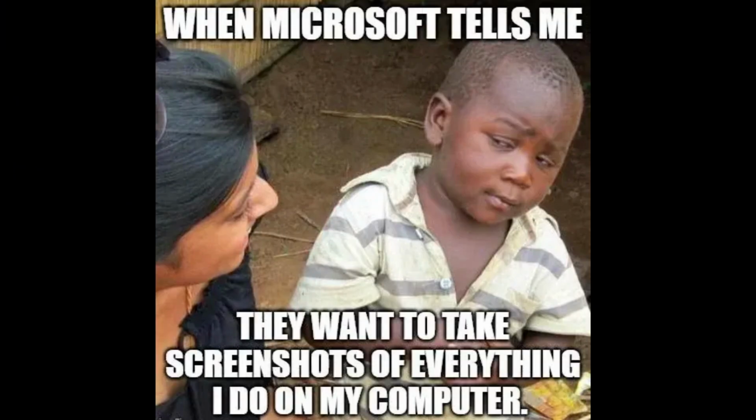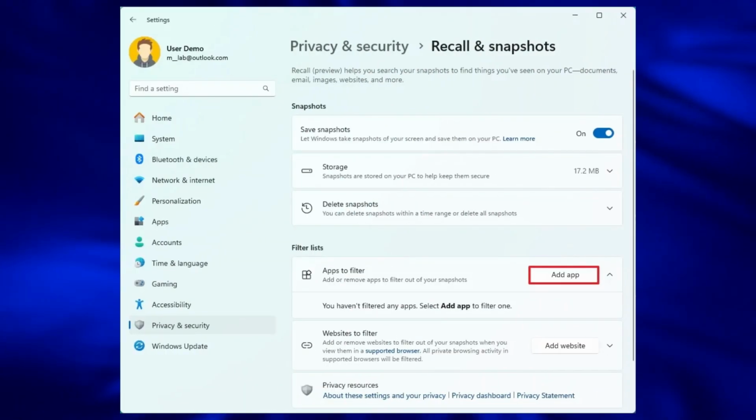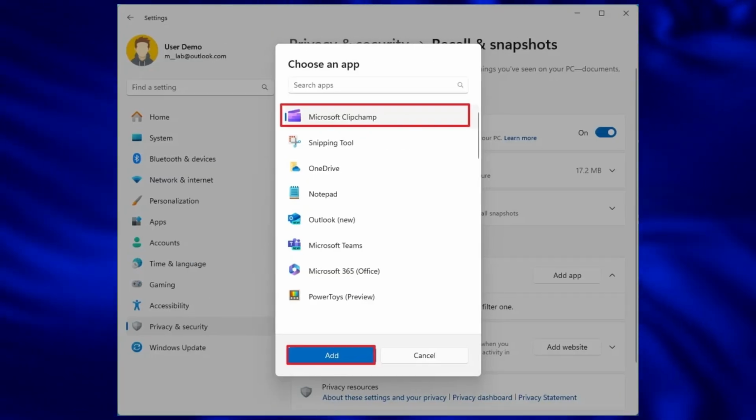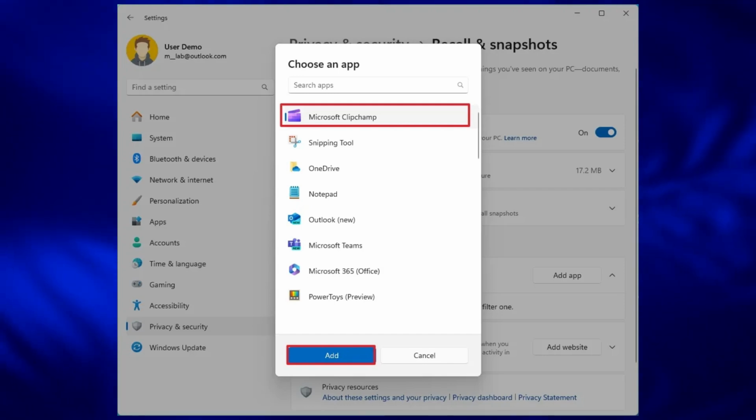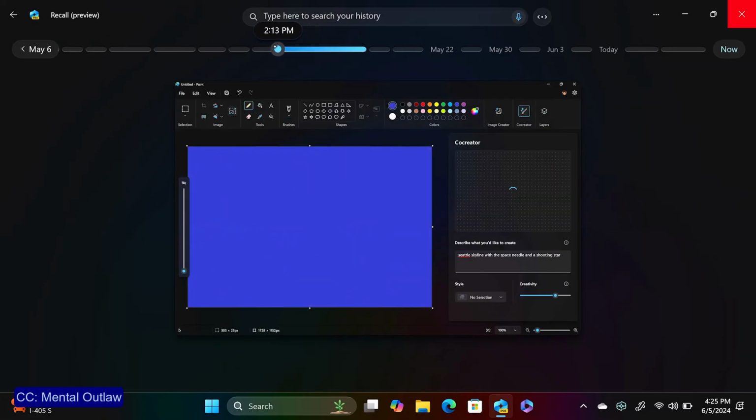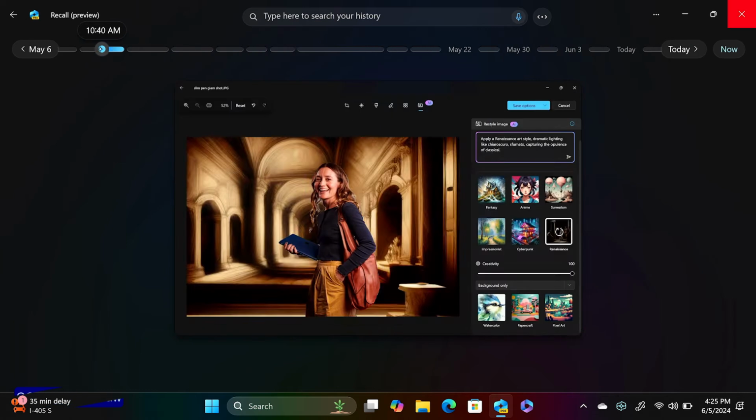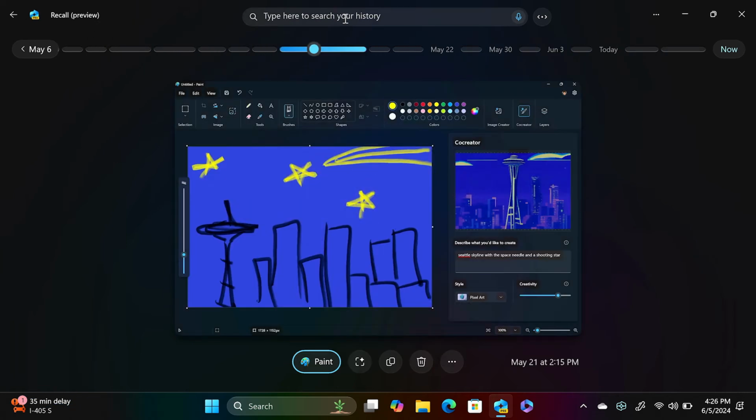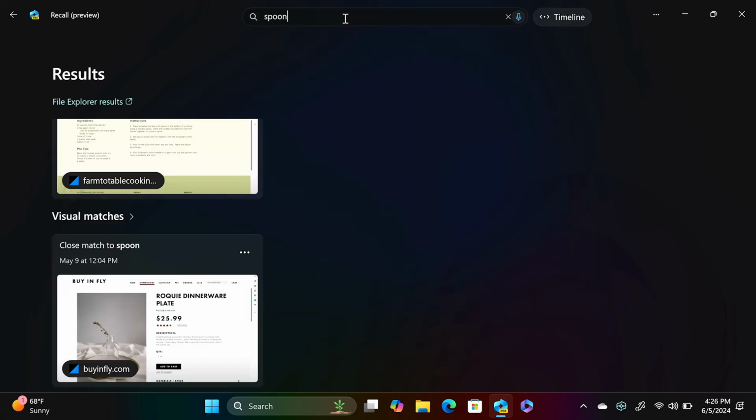For one, Recall still takes screenshots of everything, unless you go in and exclude certain apps or websites manually. That means it can still scoop up confidential work documents, private messages, or things you just didn't intend to store. And while Microsoft has improved filtering out sensitive content, automatic filters are never perfect. They might miss a few things, they might overfilter and block useful data, and we don't know exactly